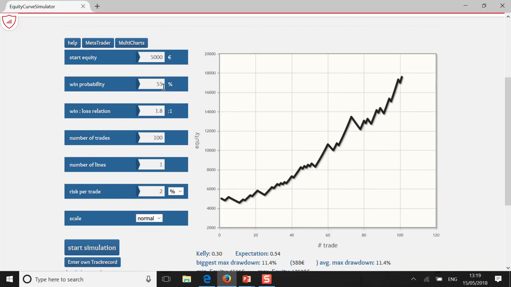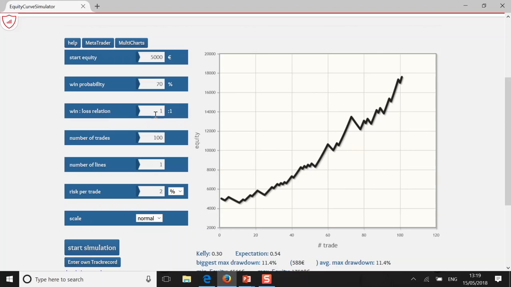Now, somebody sent me an email asking me about, is it okay to trade a system where the win rate is around 70% and where the reward to risk is about a 1-to-1. So let's check this out. So you've got a trading system which has a 70% win rate and where the win-loss ratio is about a 1-to-1, which I think is probably